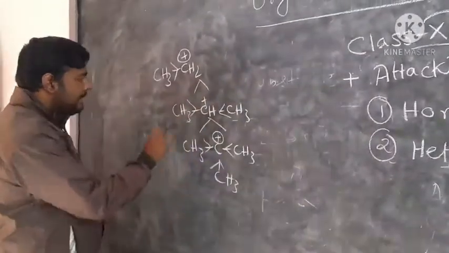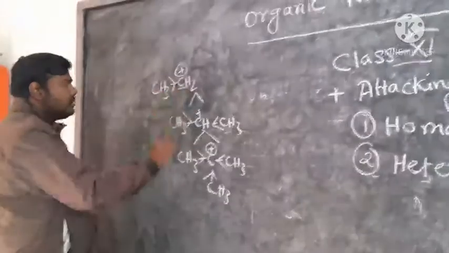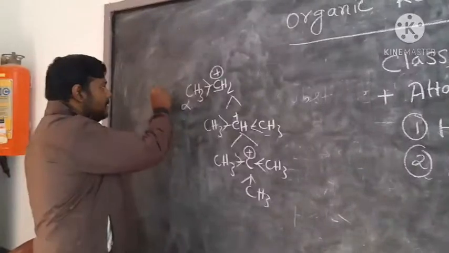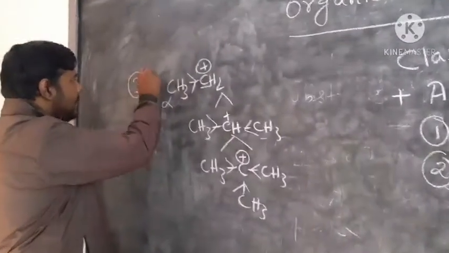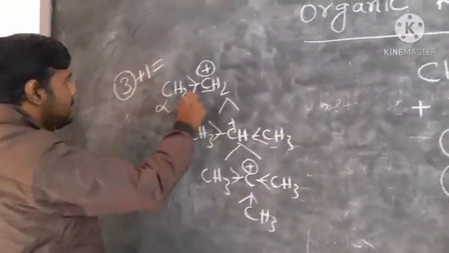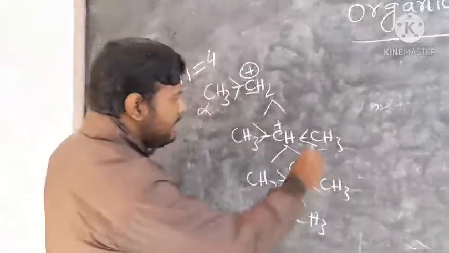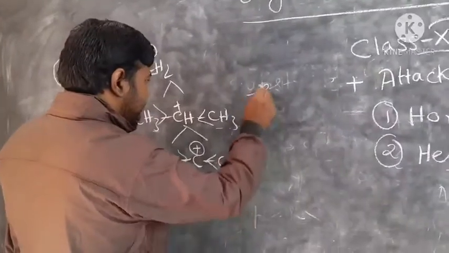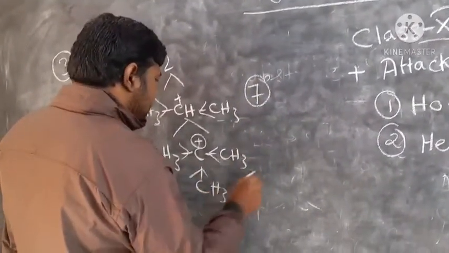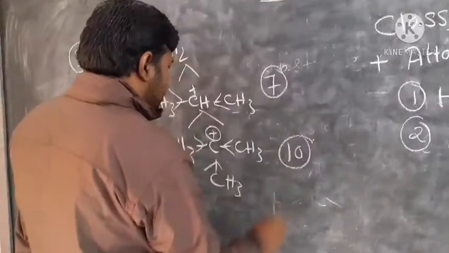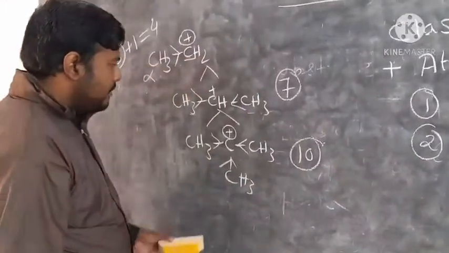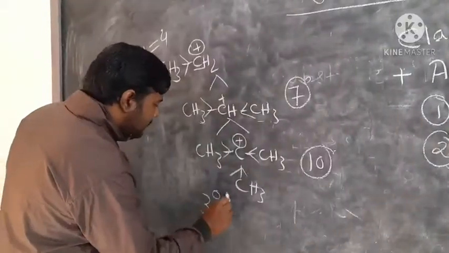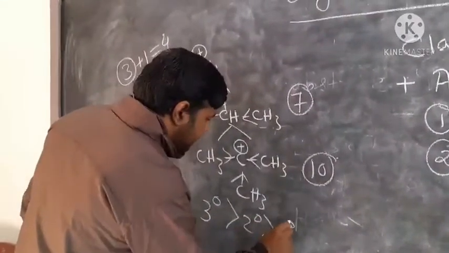As well, we can explain it through hyperconjugation. With respect to this one, this is the alpha carbon. How many alpha hydrogens are there? Total 3 alpha hydrogens are there. So how many hyperconjugative resonating structures are possible here? 4. Now in this case, how many are possible? 3, 3, 6 plus 1, 7. 3, 3, 6, 3, 9. It will be 10. So as the number of hyperconjugative resonating structures is more, the 3 degree will be more stabilized than 2 degree than 1 degree.